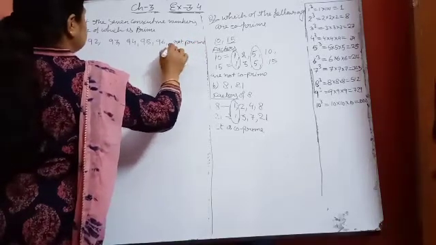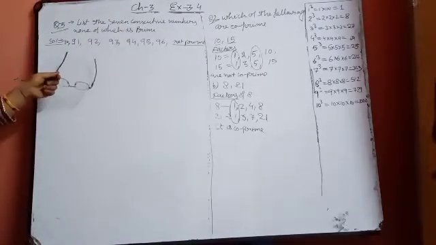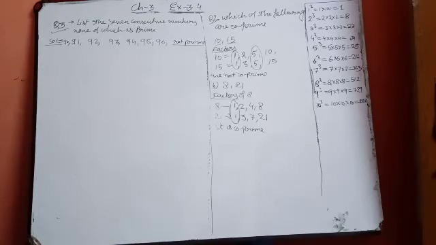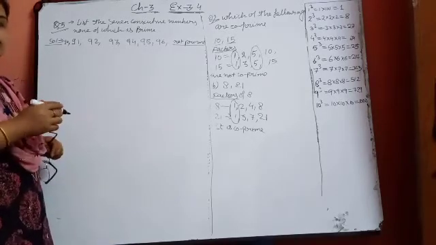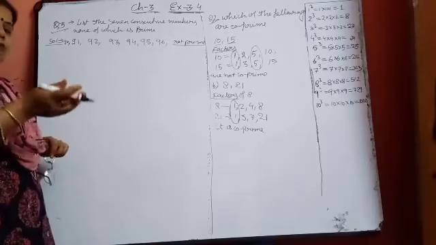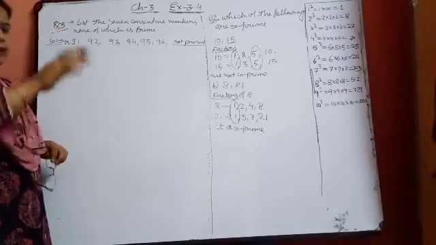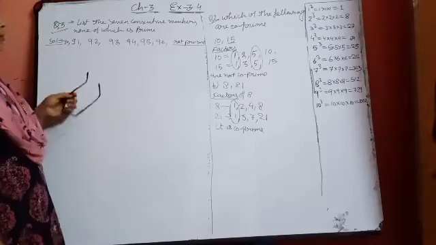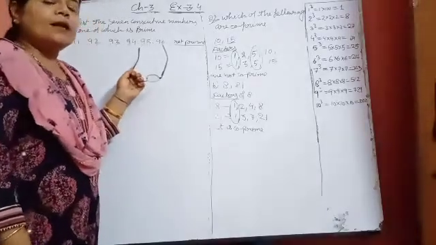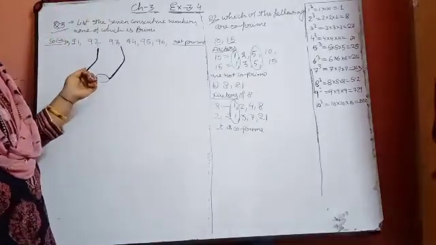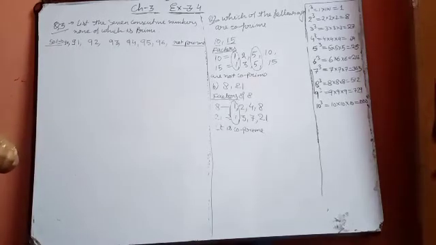After 90 we are getting continuously numbers and none of them is a prime number. But if we go after 10, 20, 30, we get one or two prime numbers in every column. But if we move from 90 onwards till 96, none of the numbers is prime. Now come to question number 4.